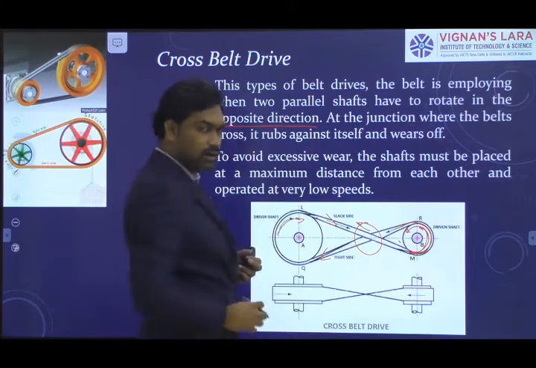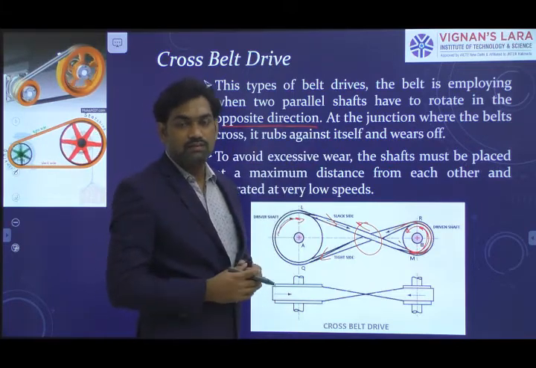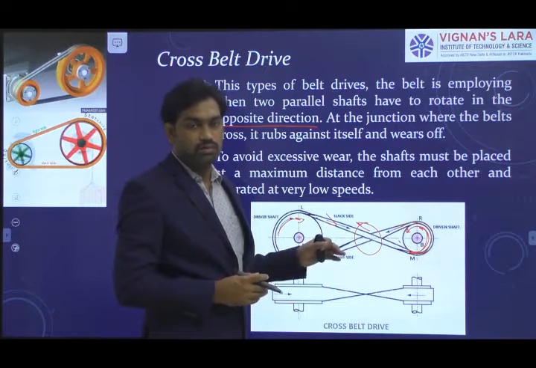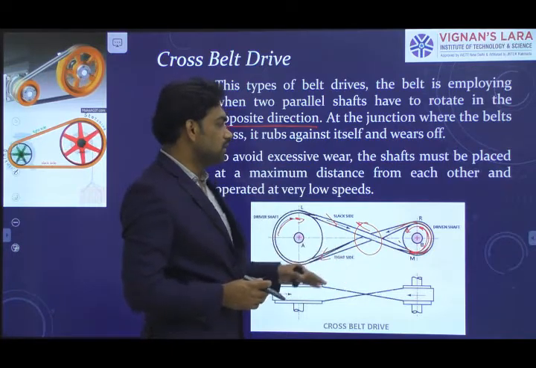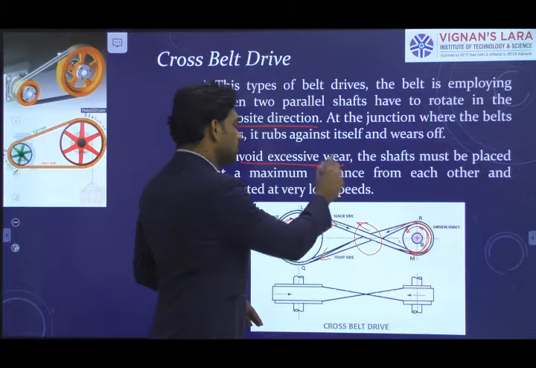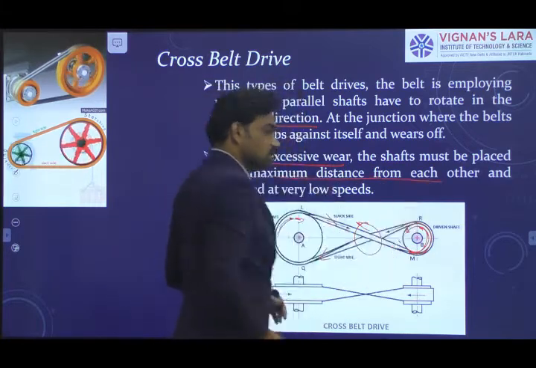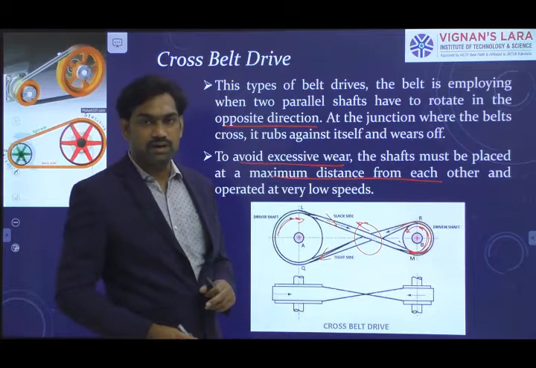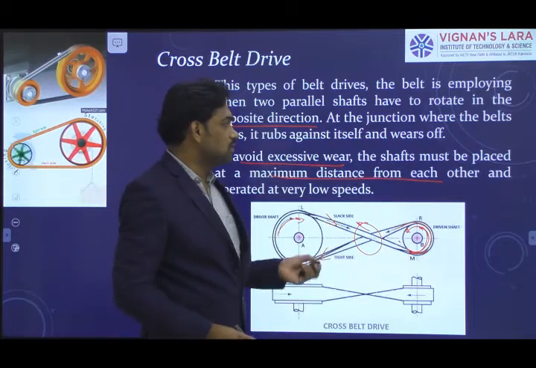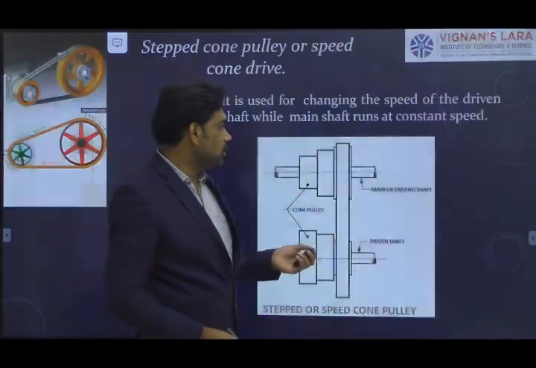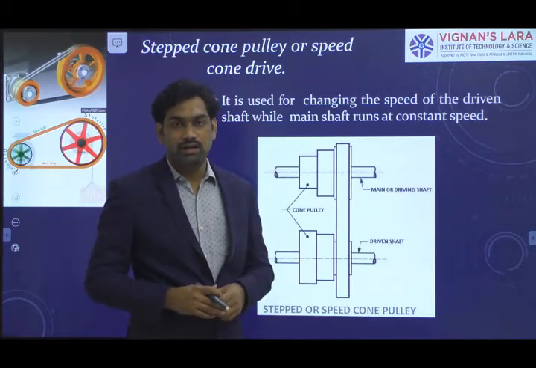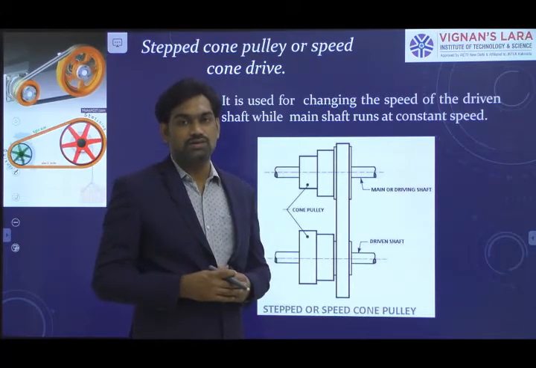The two shafts are parallel again, but we need to rotate the shaft in the opposite direction with the crossed belt drive. But here it has excessive wear, so the maximum distance is to be kept between the two shafts, and it is operated at low speed conditions. Clear. And the third one is, if you want to maintain different speed ratios,